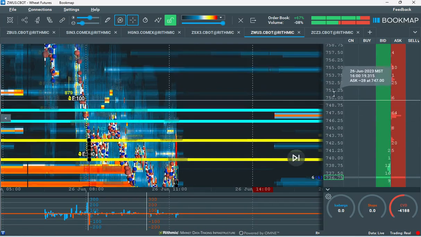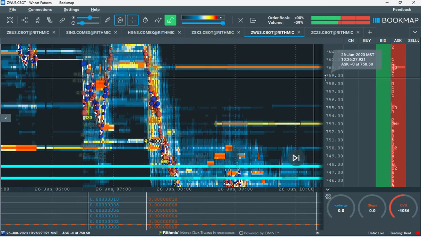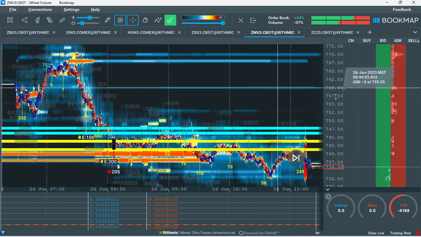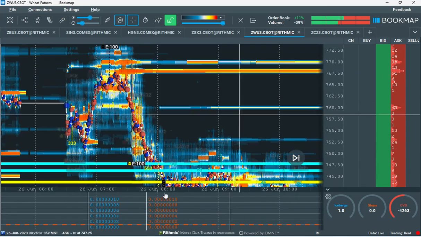Well, take this example. I haven't drawn this zone yet. I'll just do it with the drawer. So you can see here this was